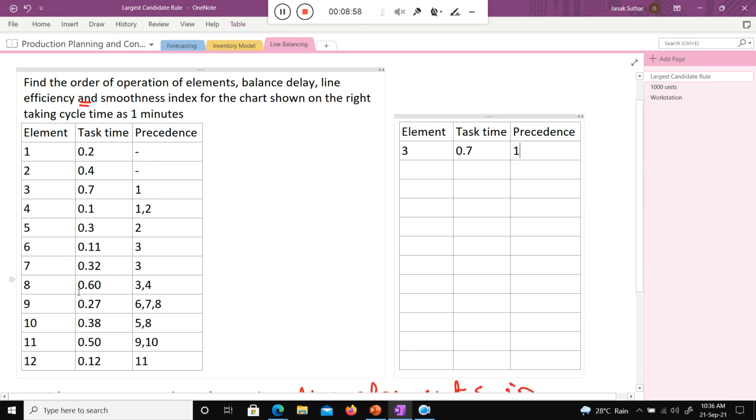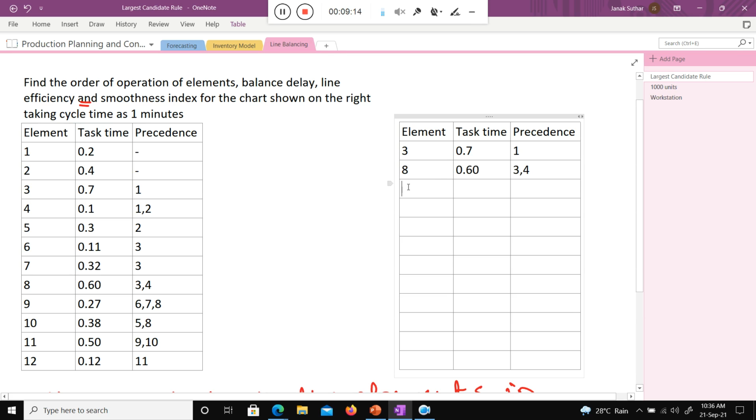After that, 0.6: element 8, task time 0.60, and precedence 3 and 4.